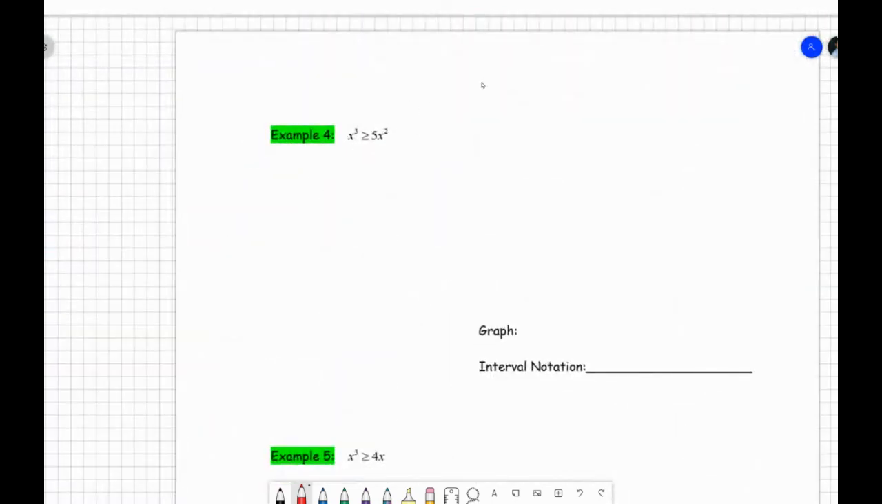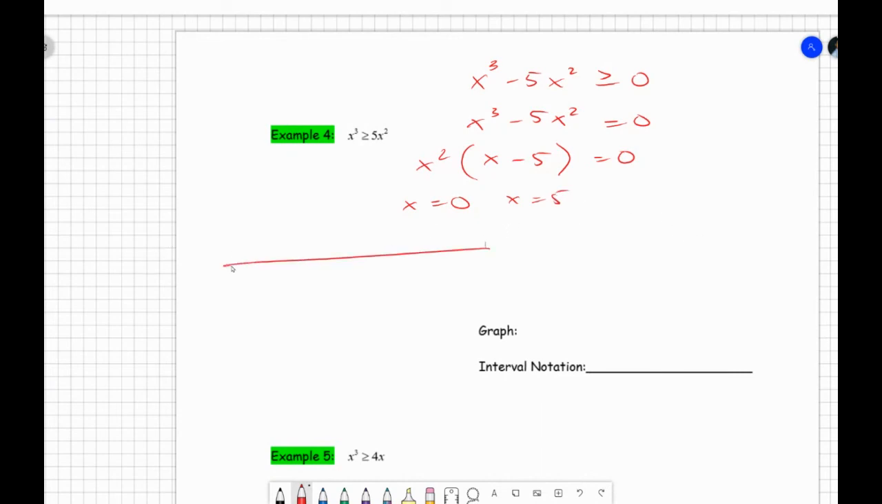All right, going. Okay, set it to one side, and then set it equal to 0. Factor out. We found our boundary points. So we have 2 boundary points. Graph it. Pick a number in each one of these intervals: -1, 1, and 6. Now you can choose 7, 8, 9, 10, it doesn't really matter, as long as it's inside this